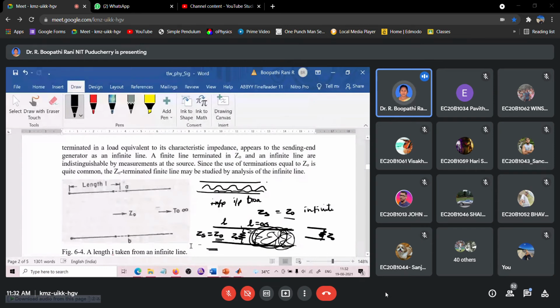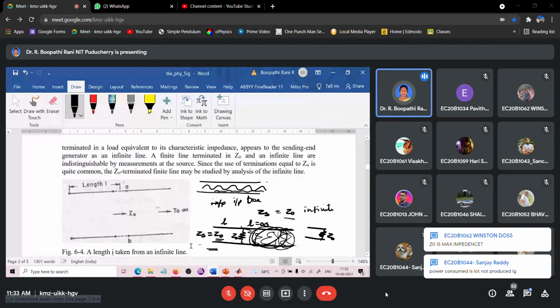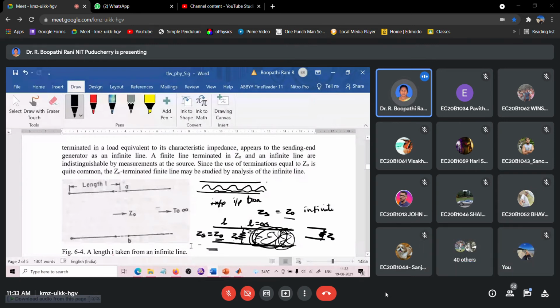Then we are taking the expression for voltage and current. This is the voltage and current equation for a pole of an infinite line or a finite line terminated in its characteristic impedance zeta equal to Z naught. So these equations can be reduced to E equal to ER e power us, I equal to IR e power us. These terms will be zeta equal to Z naught. So this term will cancel.